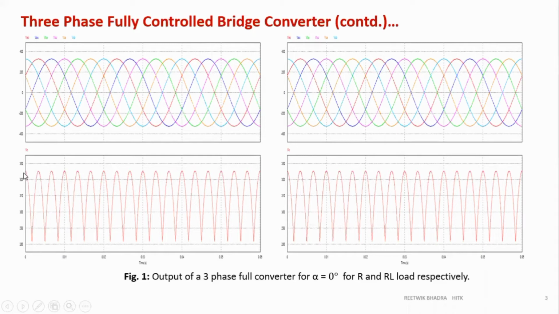We had seen last day how I could precisely calculate this value from the simulation. Now I can show you, because it is in simulation software. 325 was the value. See over here also, this point is 325, the same point. Now the gap is 280, and above 280 is this lowest point. So both waveforms look similar when alpha is equal to 0 degree. There is not a single problem with it. We can draw the same waveform even if it is asked in a question to draw the output waveform for an R load or an RL load.